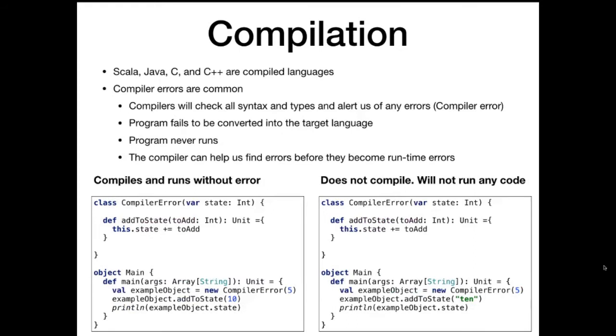With compilation, and in this case with strong typing as well, the compiler is going to help us out. If we ever have an error in our program, the compiler finds a lot of these errors for us, raises our attention to it, and lets us fix those errors, which can be very helpful. It can get frustrating at times too. The compiler stops you from even running your programs, but it is so helpful when it's scanning all of your code looking for errors, and it can flesh out a lot of errors before you release buggy code. In Python and JavaScript, it's really easy to release buggy code and not find those errors, especially if you don't have thorough unit testing.